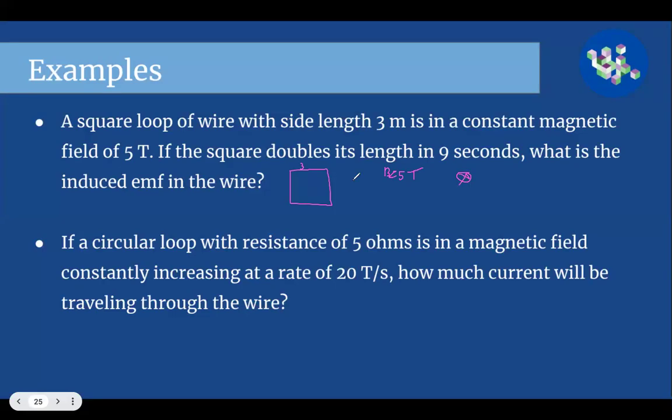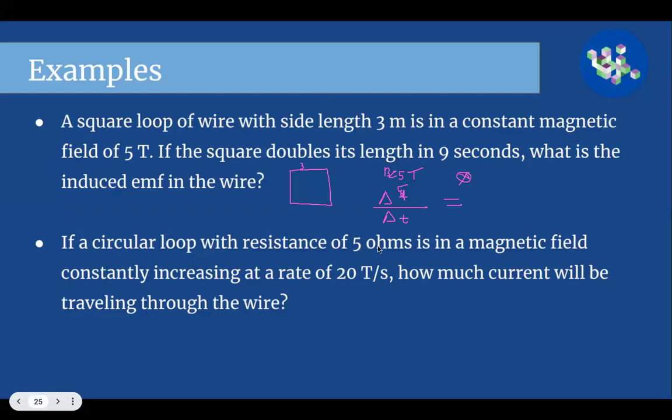Okay, so I want to look at the change in flux over the change in time. Right now I don't have the specific dΦ over dt, I can only do the delta flux over the delta t. Well, okay, what's the delta flux over delta t? Well, I know delta flux, right? Delta flux would be equal,